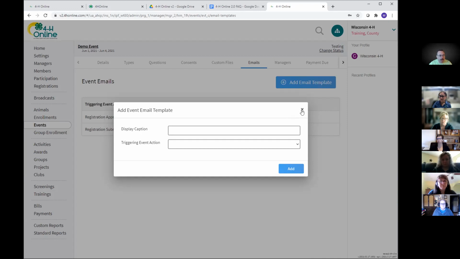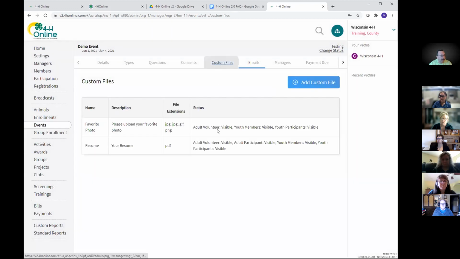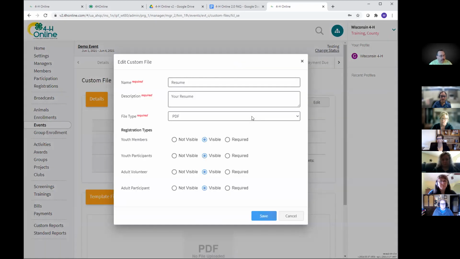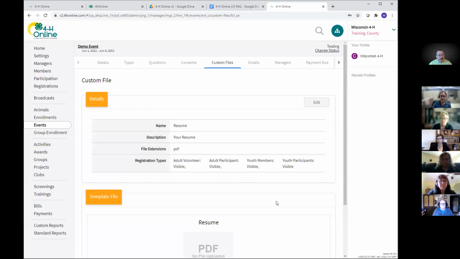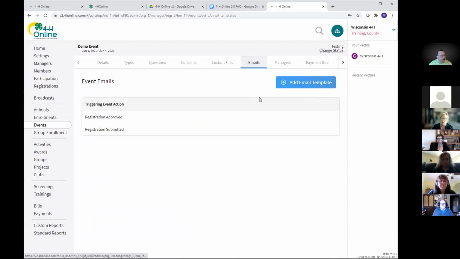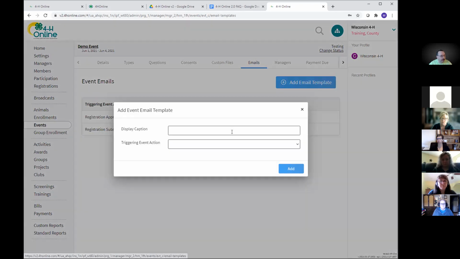two files created. So I'll jump back here to custom files. You'd probably have the same description, but one would be a PDF and one would be a JPEG. You can't have more than one type per file, because it's a drop down. We can only select one. So to get around that, you'd have to create a second file and have the other file type listed there. Okay, thanks. Yeah.